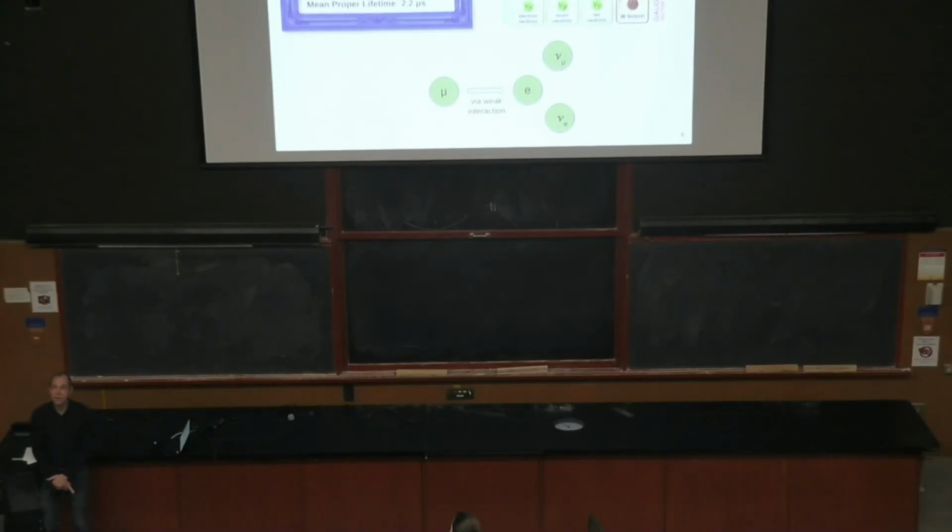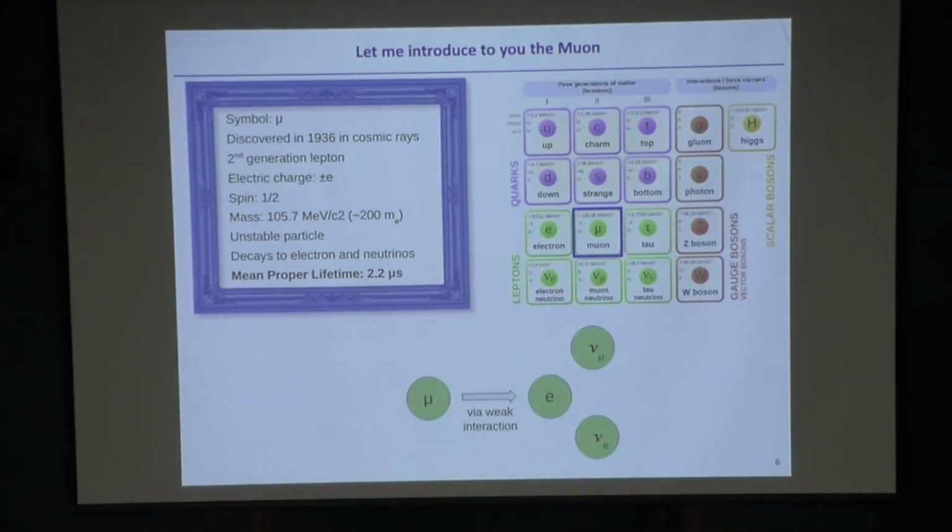There is another very important difference, which is actually a key point that you will see throughout this colloquium: the muon, with respect to the electron, is not stable. The muon is an unstable particle. It decays to an electron and neutrinos, and it has a proper lifetime of about 2.2 microseconds, so not very long. This has profound implications when you want to build a collider out of a particle that decays pretty quickly. And we'll see that a lot of the challenges are connected with this lifetime.